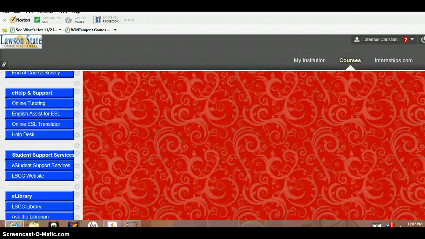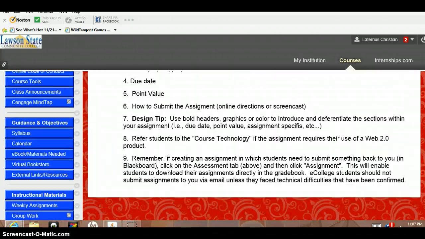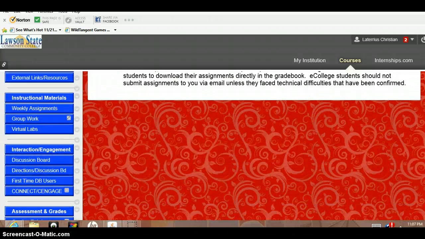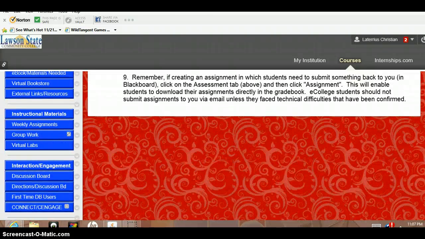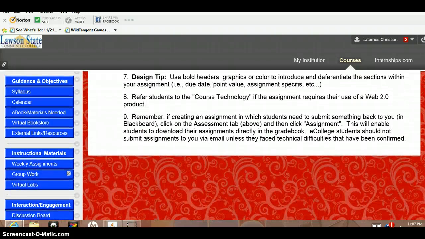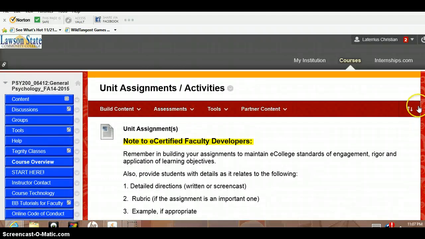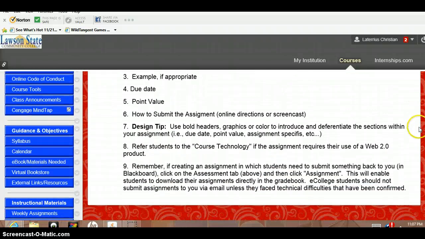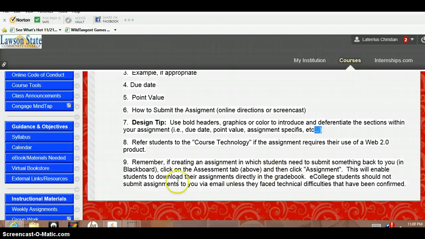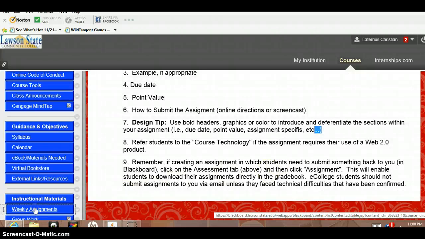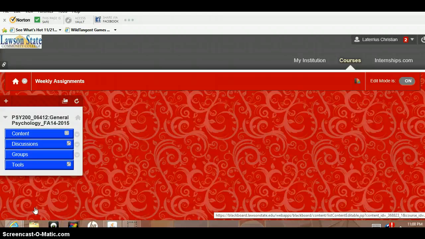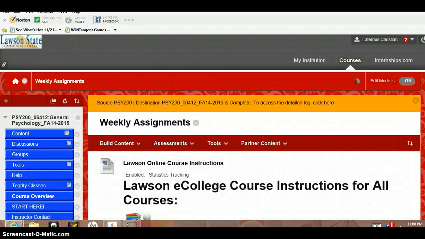It's supposed to go here, but I have to clear that up, guys. I do apologize. This is a totally new discussion board for us as well. So next time it will be here under unit assignments and activities, but this time I'm going to show you where I put the assignment for this particular unit.